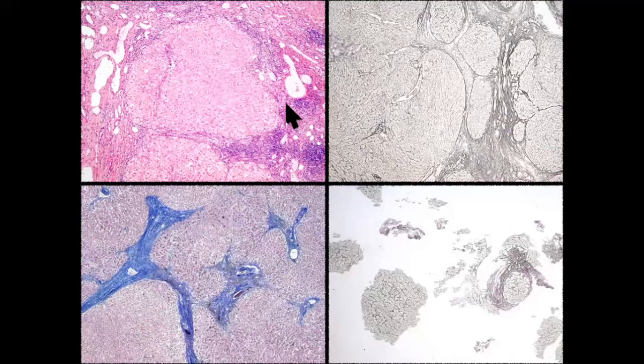So these are all low power. Again, cirrhosis is a low power diagnosis. You can see loss of architecture. There is no central vein at all. Extensive fibrosis, and here you can see more blue, which is highlighted in the special stains. This is a trichrome stain showing the nodules, and this is a liver biopsy in a case of cirrhosis. This is how the biopsy will be. As I told you in the first class, whenever it is fragmented, think of cirrhosis or tumor. A normal liver should not get fragmented.